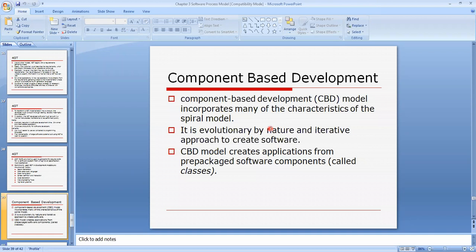You can have a version 3 also, like this. That's why it is evolutionary in nature. The CBD model creates applications from pre-packaged software components, which are called classes. You know the classes.